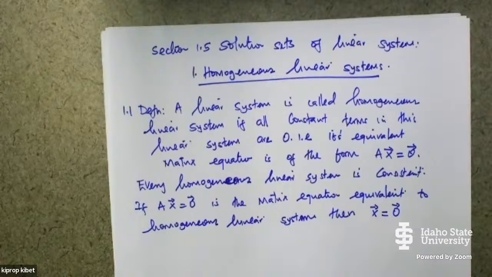So if AX equals 0 is a matrix equation equivalent to a homogeneous linear system, then the vector X equal to the 0 vector